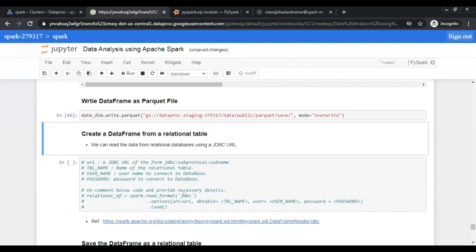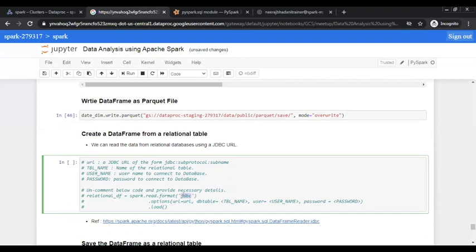However, you can use any database which supports JDBC. As of now, I don't have any MySQL database, so I just kept the sample command. What you can do is say spark.read.format, and inside that you specify jdbc, and then you specify some of the options like the URL, the database table, the username, and password, and you say load.